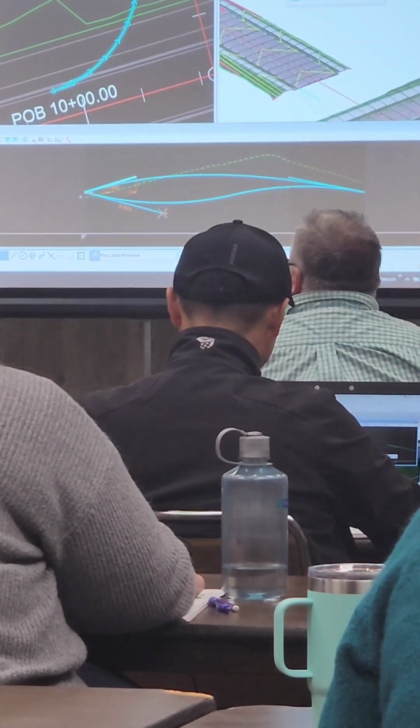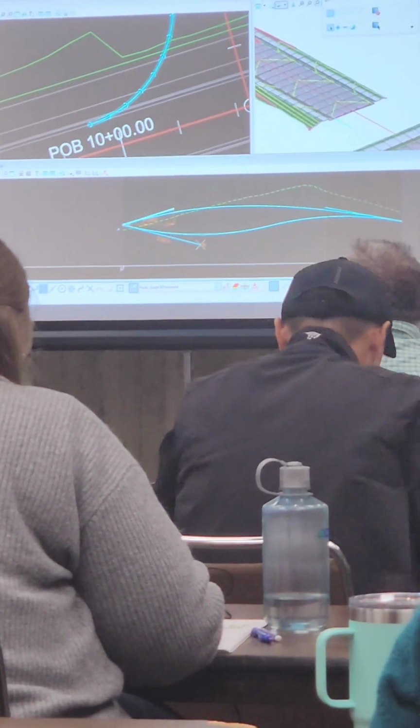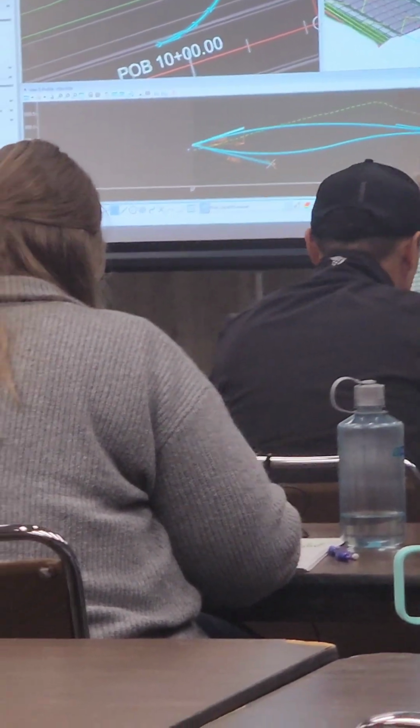So again, everything I do when I do my initial design is thinking about how can I modify this after the fact, okay? Yes? Can you do that again? Yes,